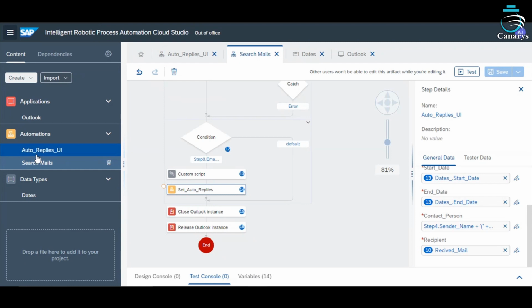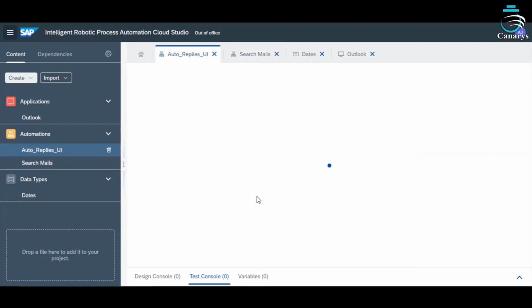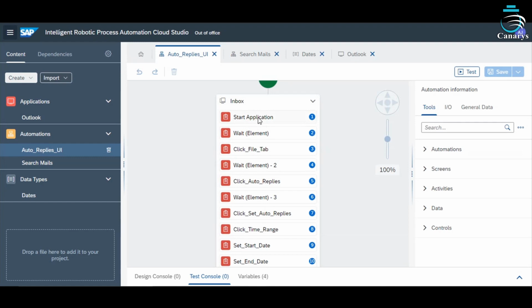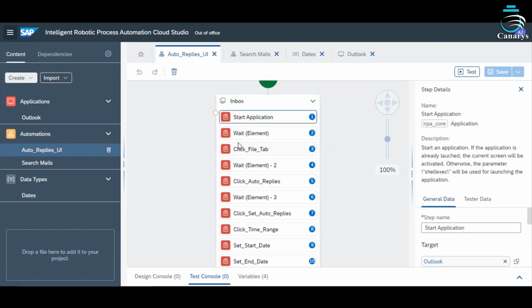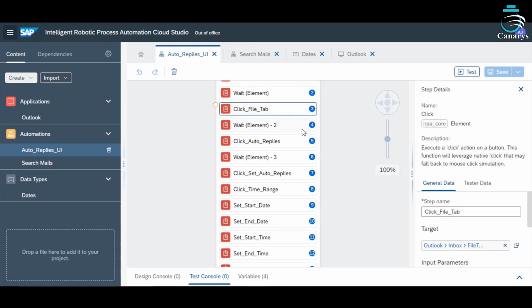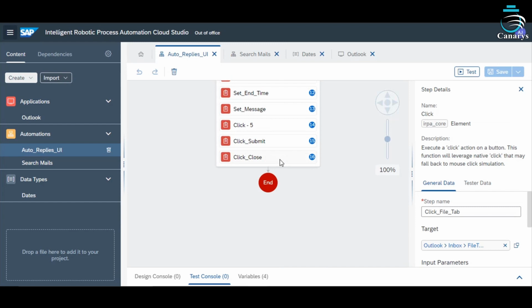So in the auto replies automation, I have used start application, Outlook application. Then I will wait for the element to appear. Then I will use click and set to execute a set of automations, and then I will lastly close the application.